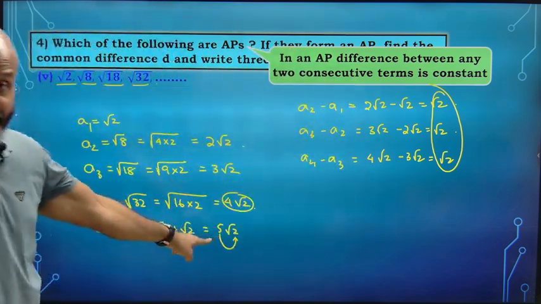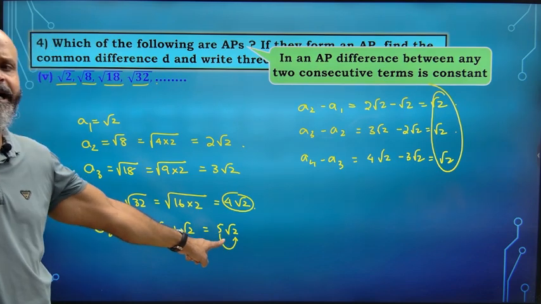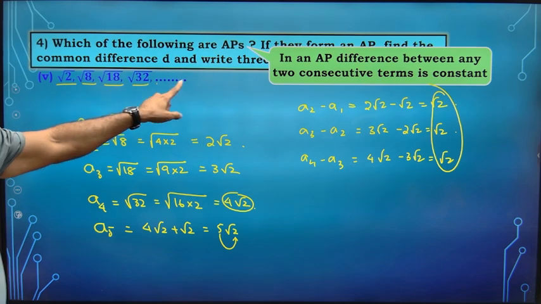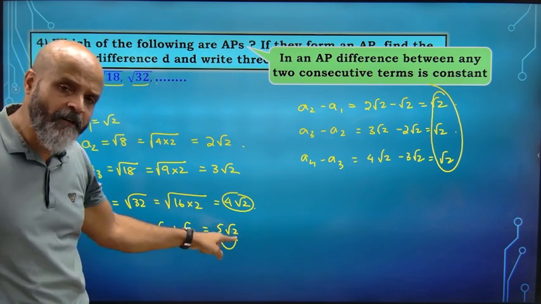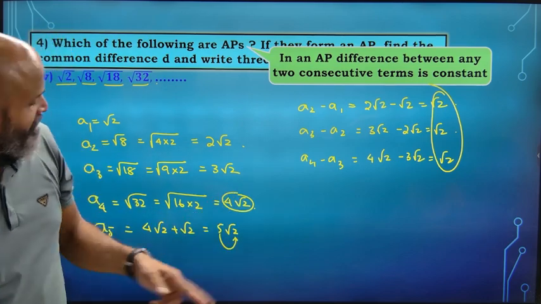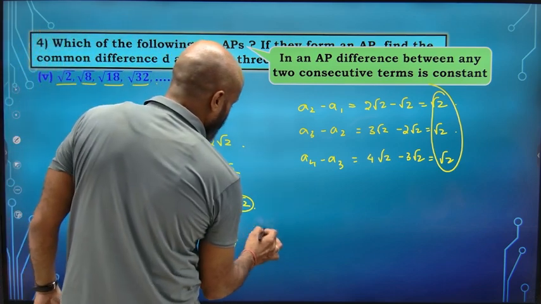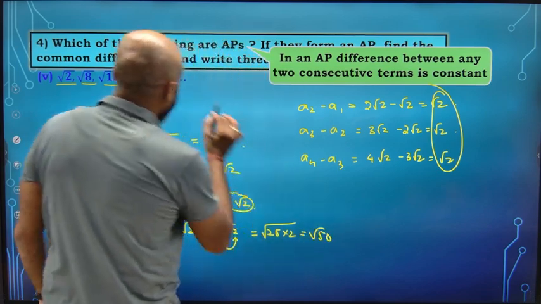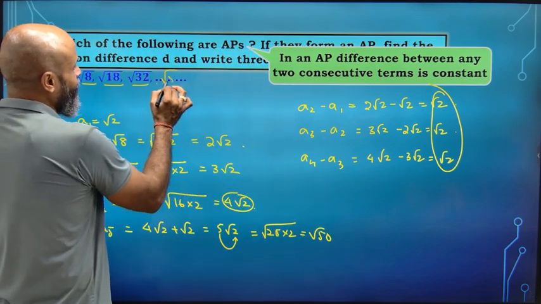If we take the same pattern, this is also a right answer, but always try to give answers as per the question that has been given to you. So here it is √2, so this is 5√2. If we take this 5 inside, it becomes 5 square. That will be how much? 25 into 2, that is √50. So the next term, a5, will be √50.